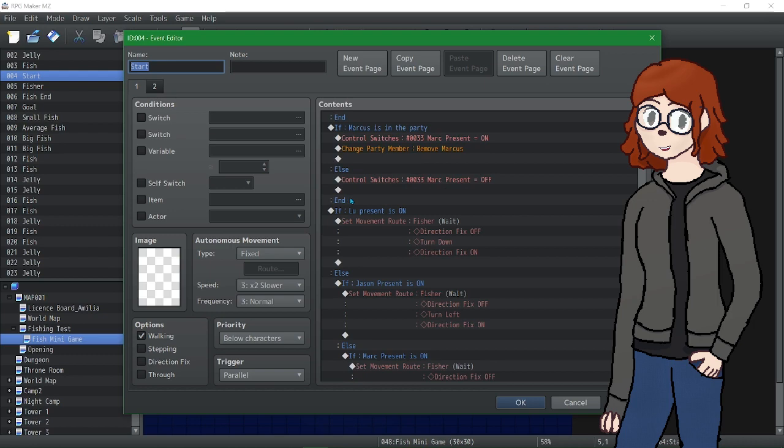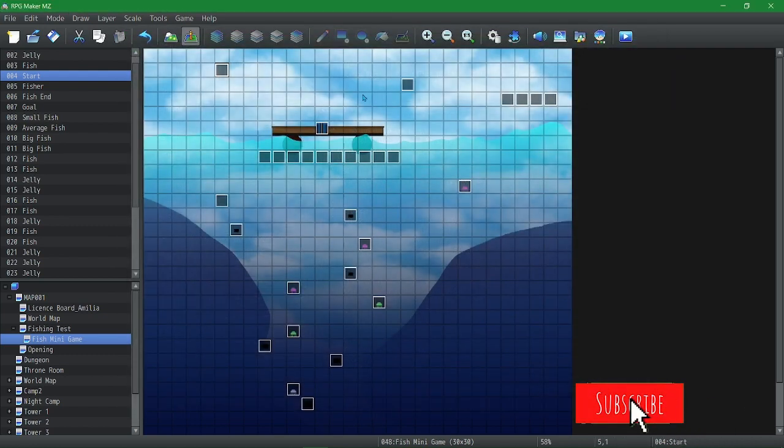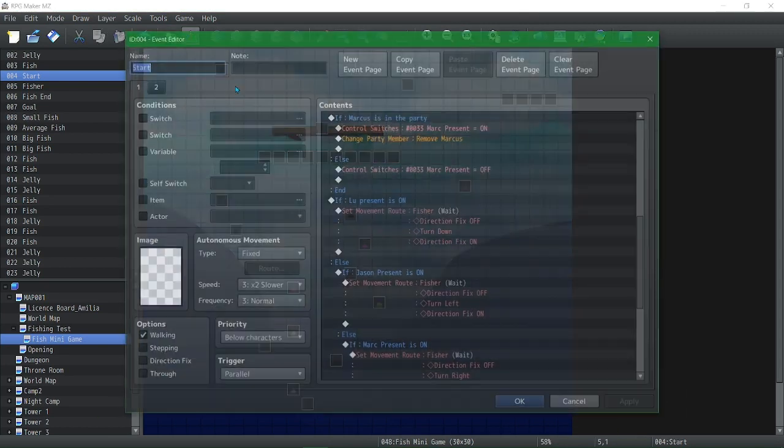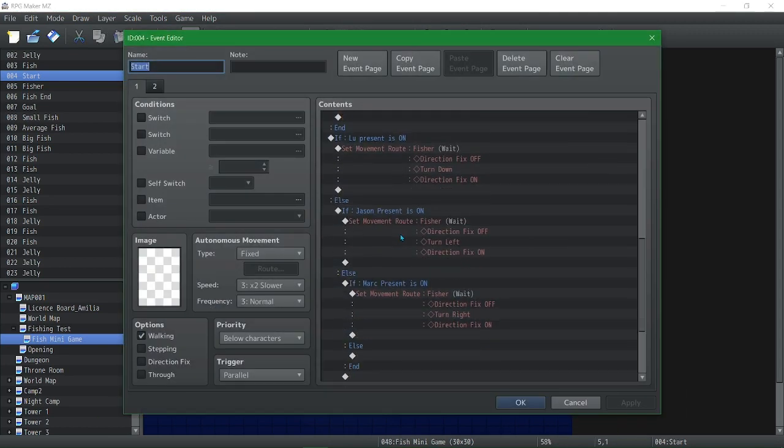Oh, this is where it changes who the fishing person is. Sorry, it's been a minute since I looked at this, because I also got really sick, which was not fun. It was just a really bad cold, but I'm working, so there's that.